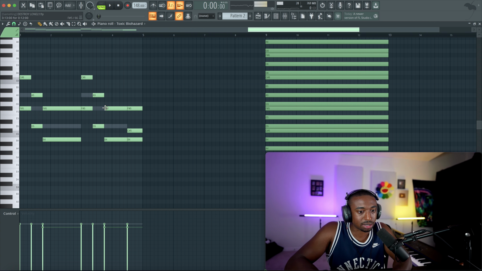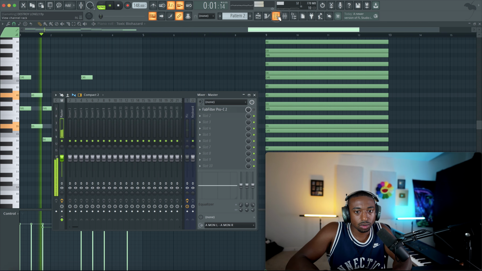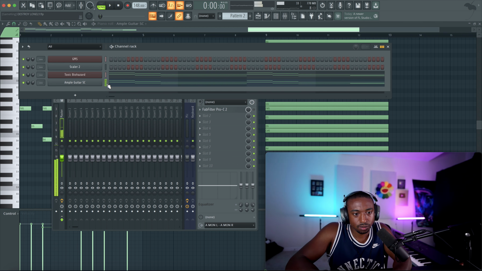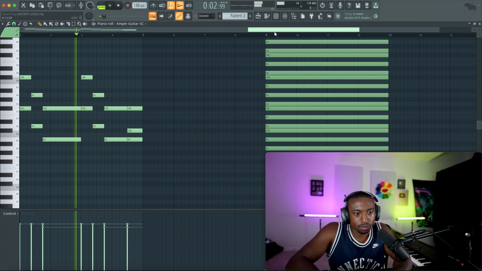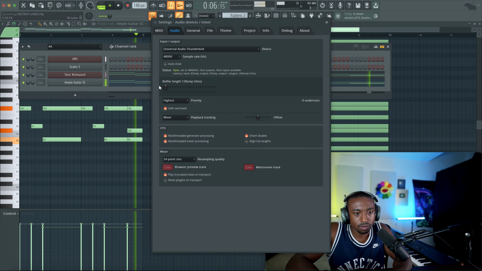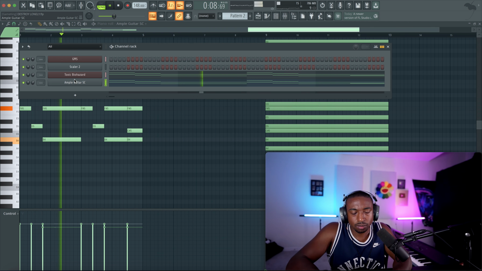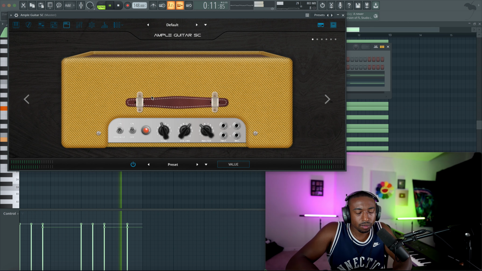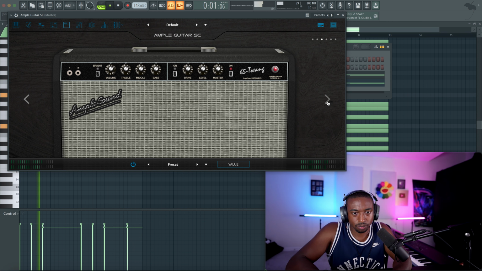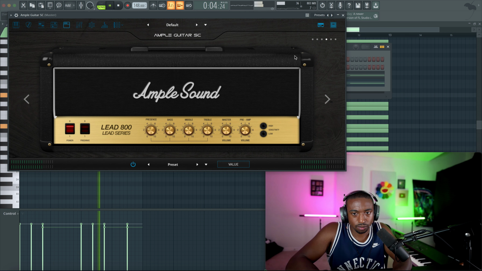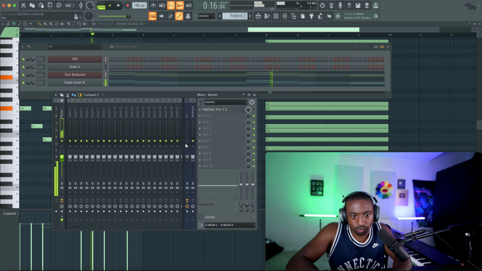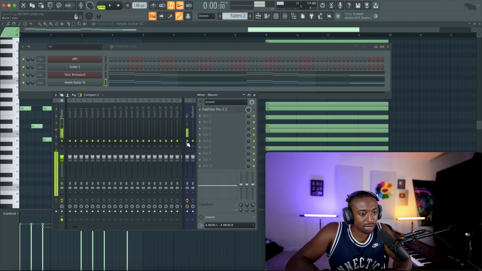Now at the end, we're going to keep that suspended second just for the turnaround. Now we have that rock sound. I'm going to go in and add little notes to make it different than the main chord.